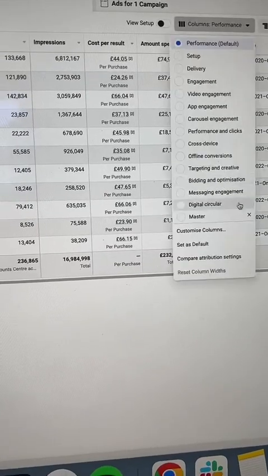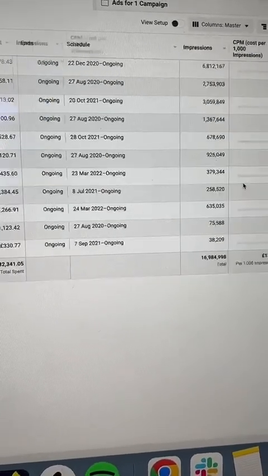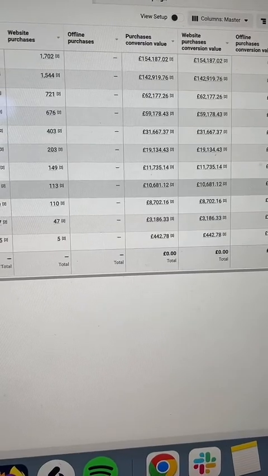And this had a really good ROI. So if I go to my master layout, the ROAS, which you will see here,